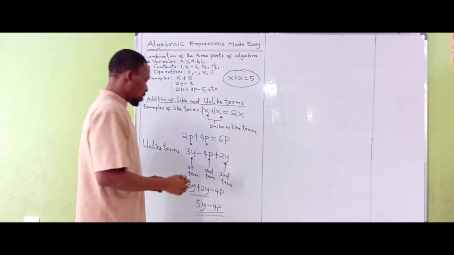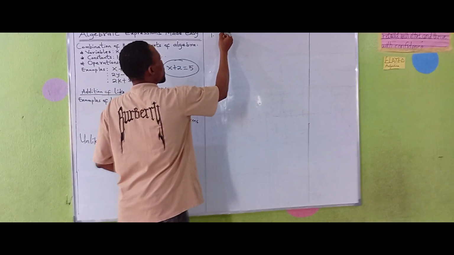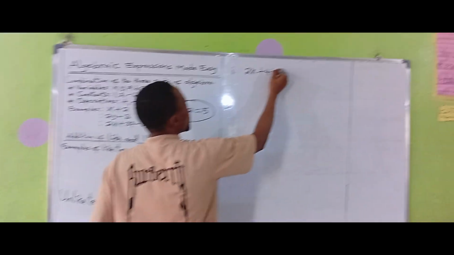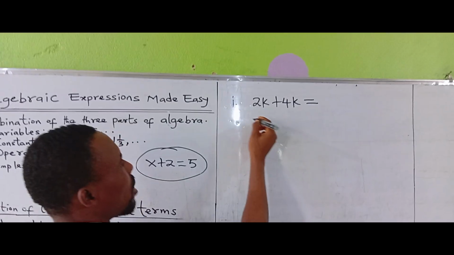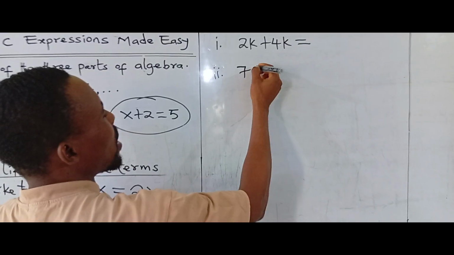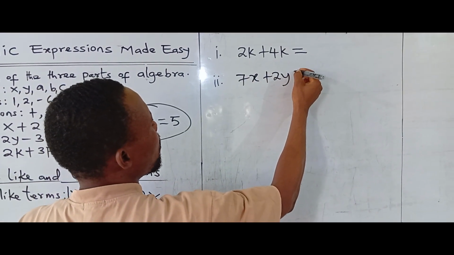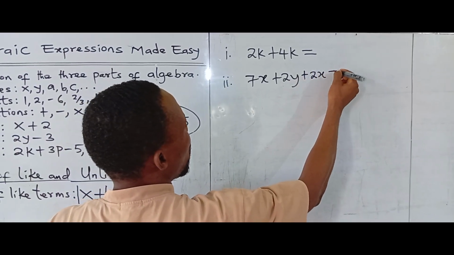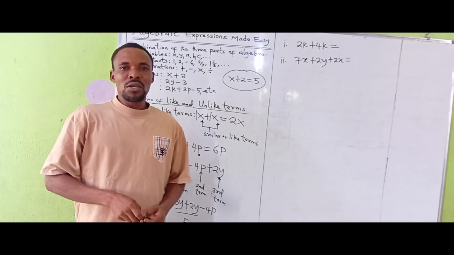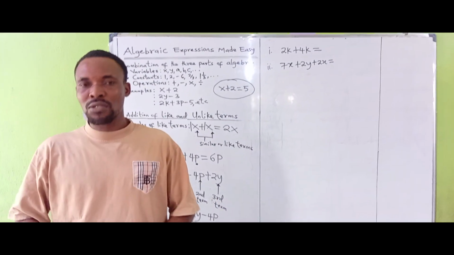I will give you a quick one to do for me. Please solve list number 1. If we have 2k plus 4k, what will it give us? The second one is 7x plus 2y plus 2x, what will it give us? Please, I want to see your answer in the comment section. In my next video, I will teach you how to simplify algebraic expressions involving